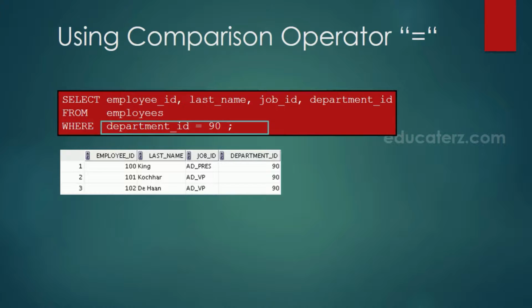In other words, get all the details of employees with employee ID, last name, job ID, department ID from employees table who belong to department 90.